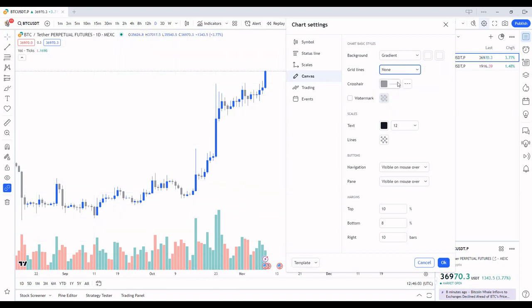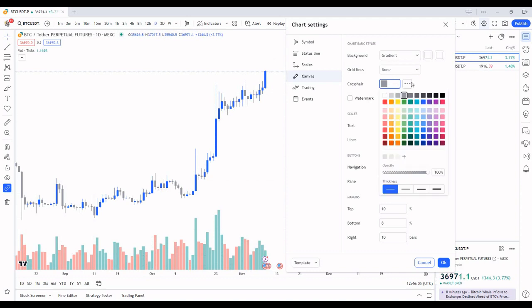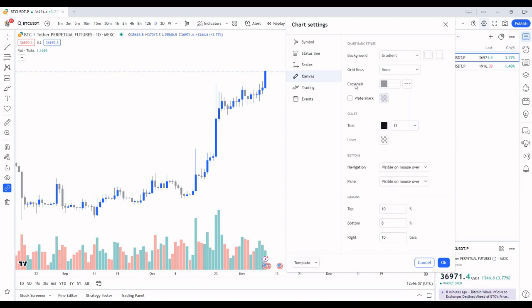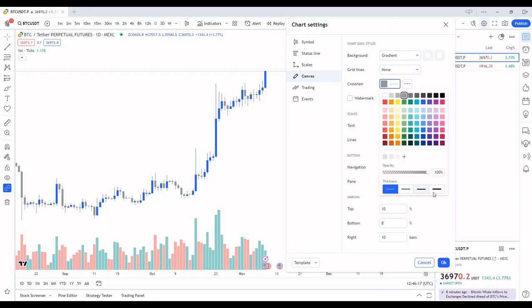And then you have the crosshair. You can change that color too if you want. So most of these things are personal preference. If you want to color them a certain color or a certain thickness, you can choose a thickness of the crosshair. So if I make it very thick, you'll see that it's, well, if you are not